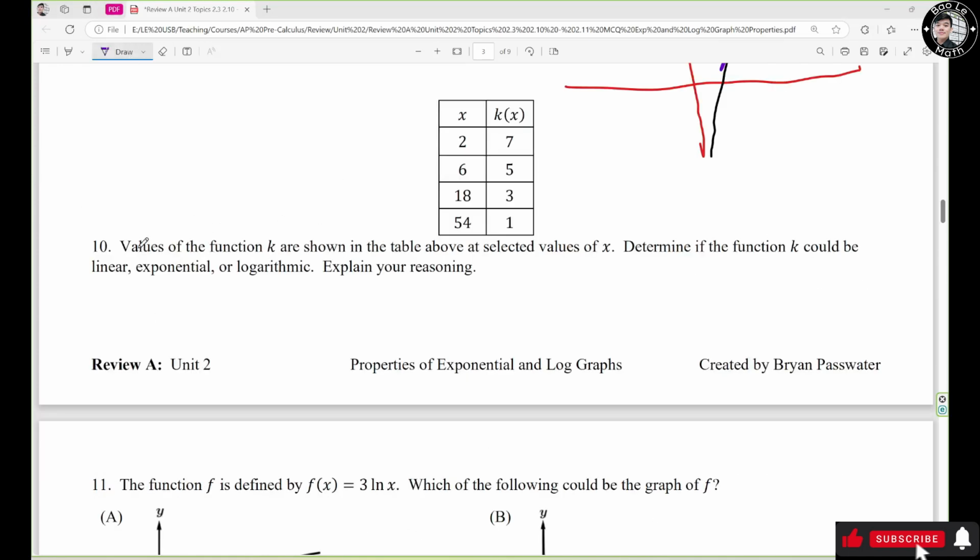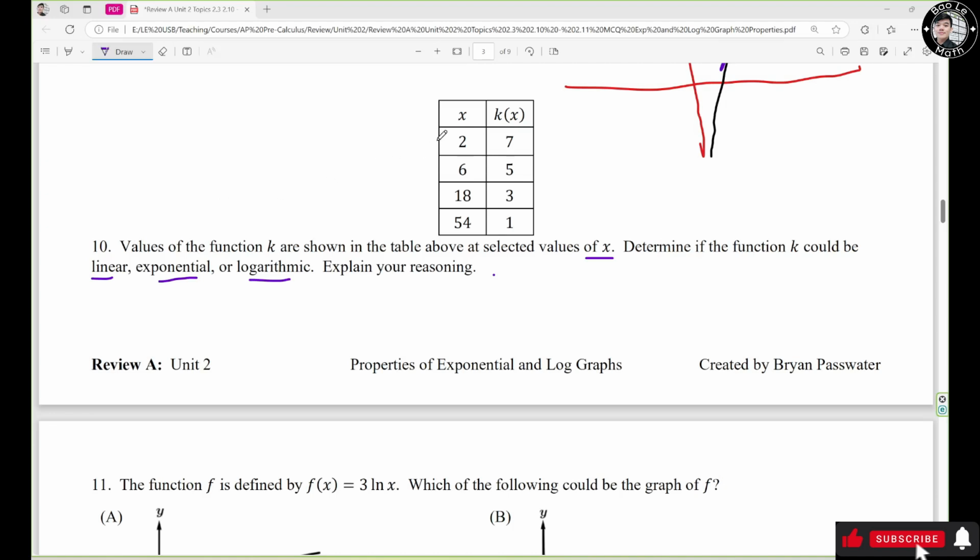Now let's move on to question 10. The values of the function k are shown in the table above for selected values of s. Determine if the function k could be linear, exponential, or logarithmic. Explain your reasoning. In order to do this question, we need to determine the change in s and the